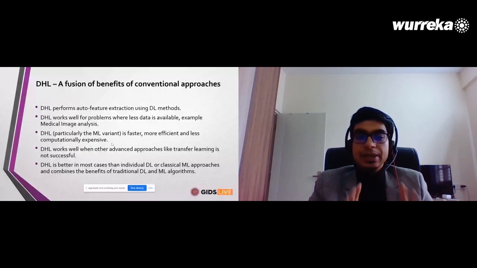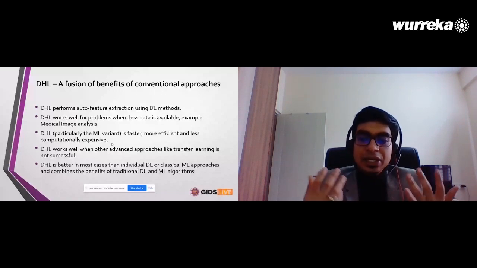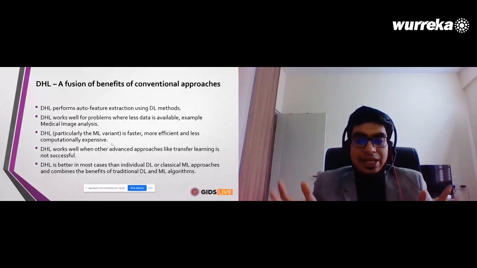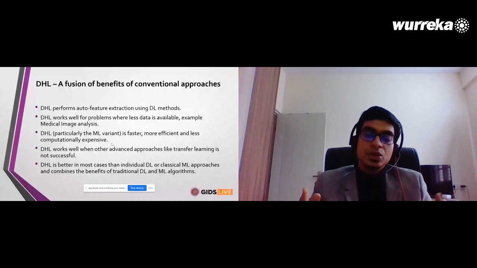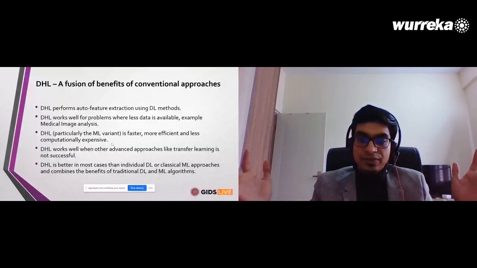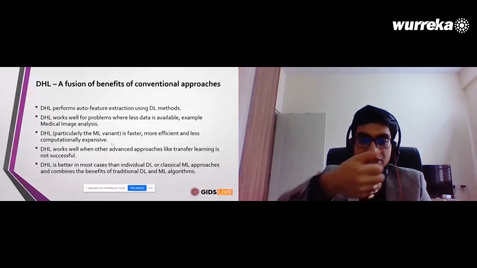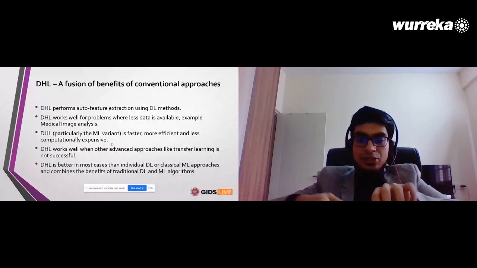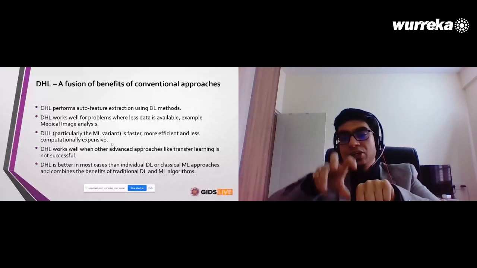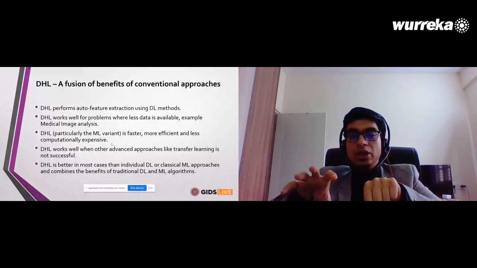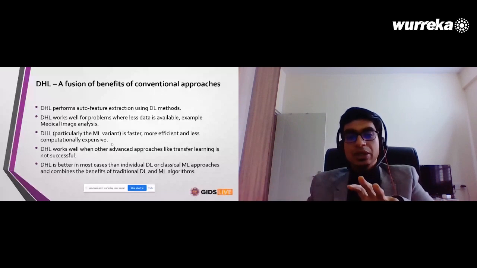Now, deep hybrid learning actually works much better than some of the advanced methods like transfer learning. You may debate that, in some cases, the main idea of transfer learning itself is to work with less data, where we train our model with a large amount of data, and then with the pre-trained model, we use its weights and fine tune the model on our set of data to get much more accurate results. But